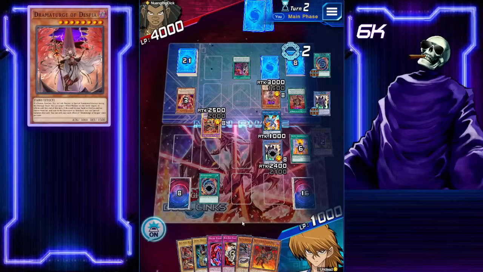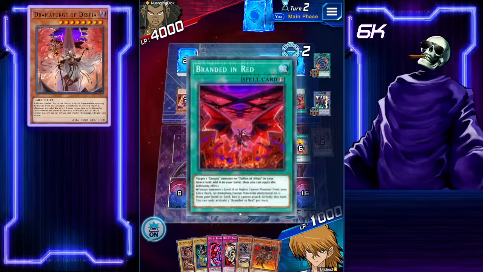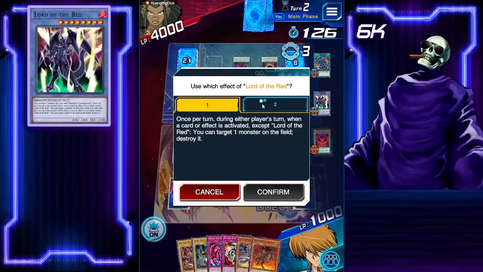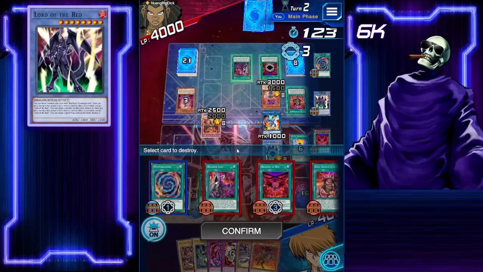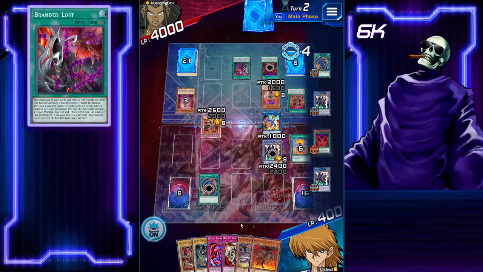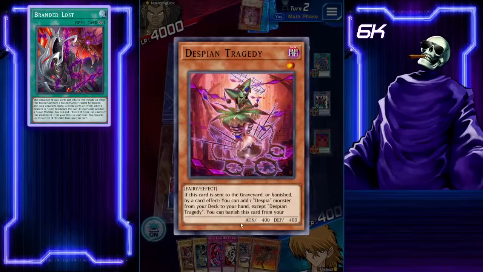Yeah, bro, I'm cooked. Because Masquerade just kills me, man. Masquerade just kills me. And then Brandon in red. And I have no more. I can't do anything else. Yeah, I just don't have enough in. I just don't have enough